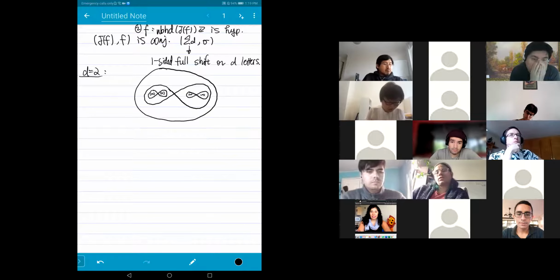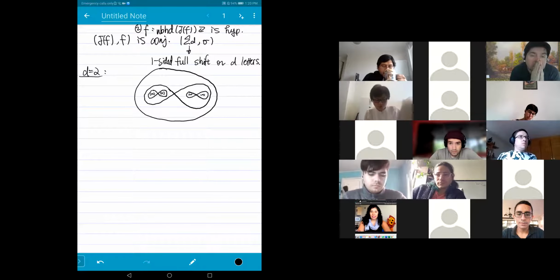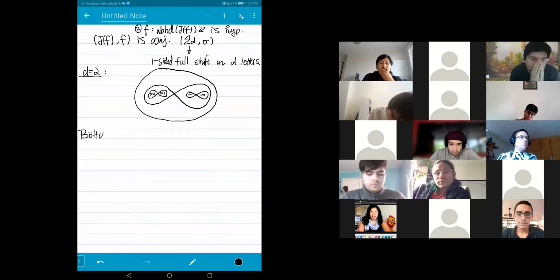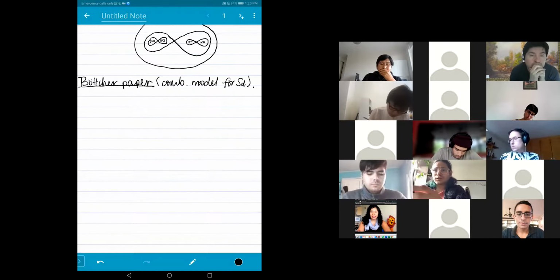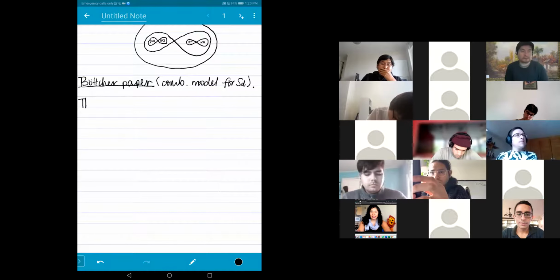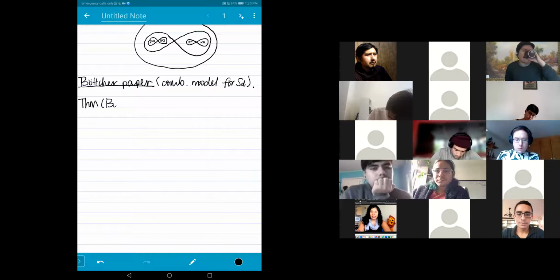Okay, so we will see this picture again. And what we want to develop is something that we call the Böttcher paper, out of this Riemann surface. And this is a combinatorial model for the shift locus. Okay, so how does this construction work? It starts from a very old theorem by Böttcher,